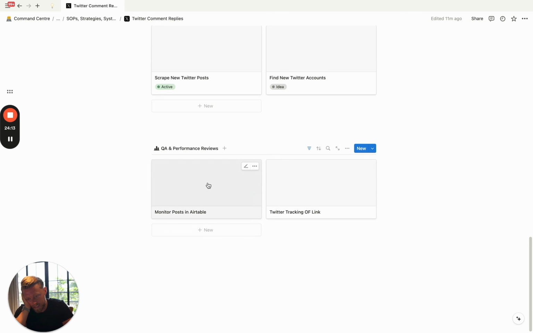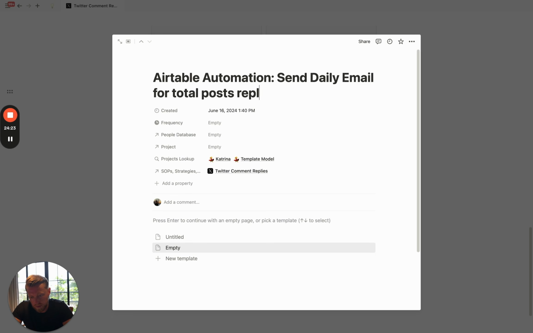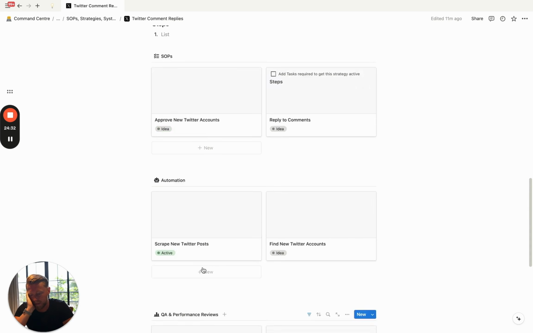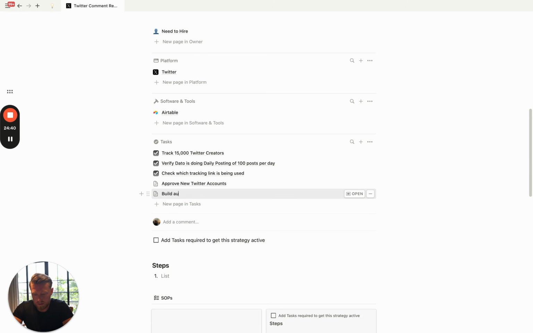So we could do an Airtable automation, for example. Airtable automation, send daily email for total posts replied to manager. To whoever's managing that. So someone can verify how many things are being done per day. I need to build that, so build Airtable